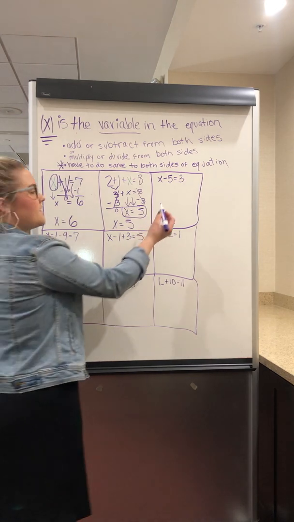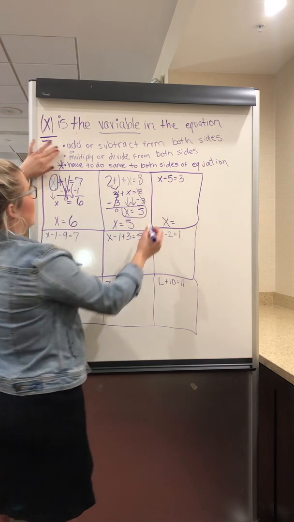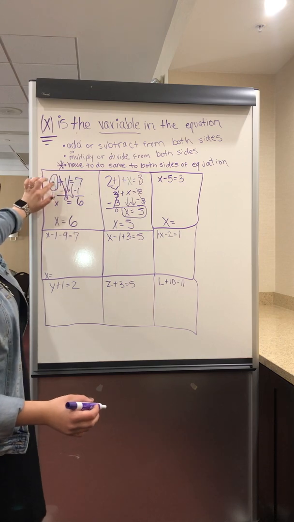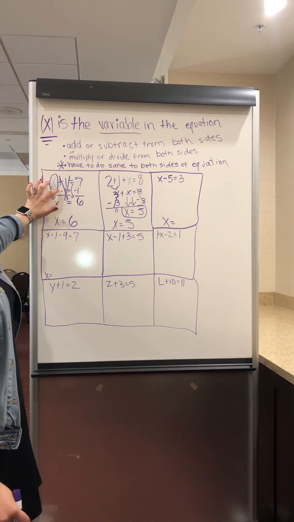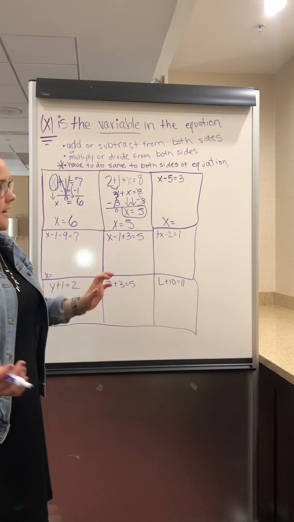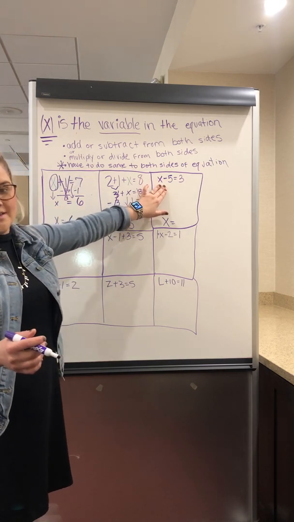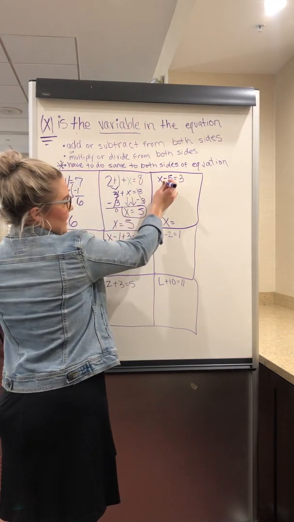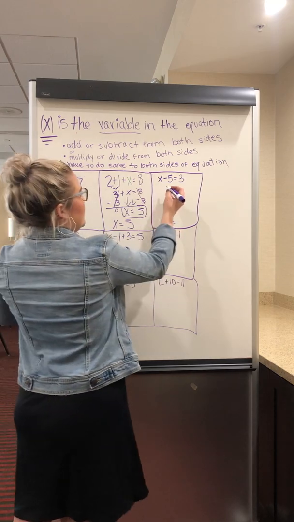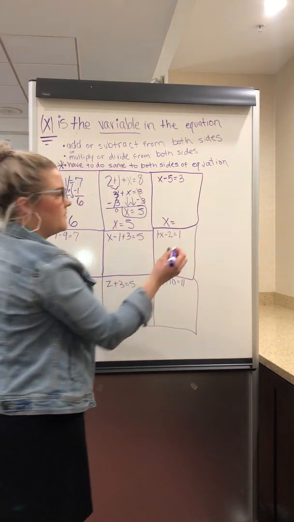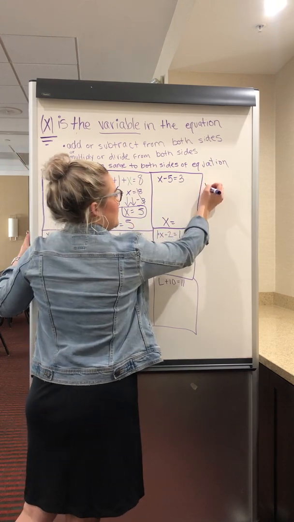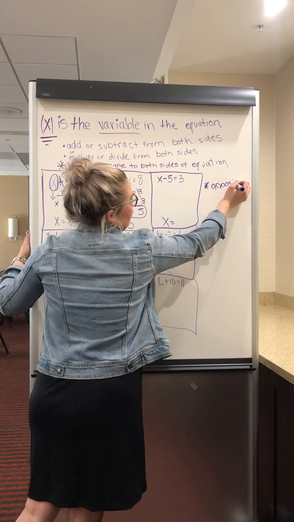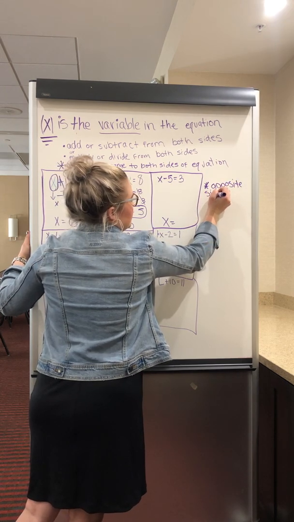Next, this is subtraction. So if we come back up here, we are going to subtract or add from both sides. Like we did on this one, since it was an addition sign, we subtracted, so it is always opposite signs. Now, since this is subtraction, we are going to add to both sides since it is opposite. Let's go ahead and write that down in our journal because that is something to do for sure. Opposite signs